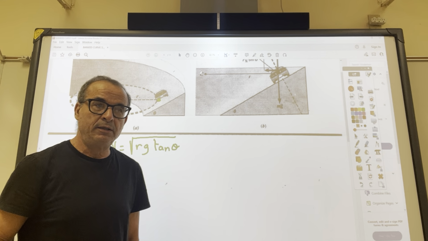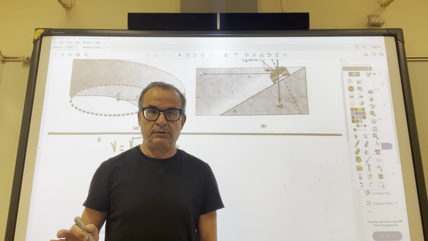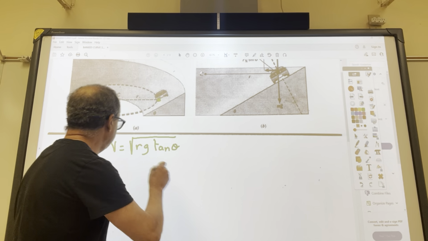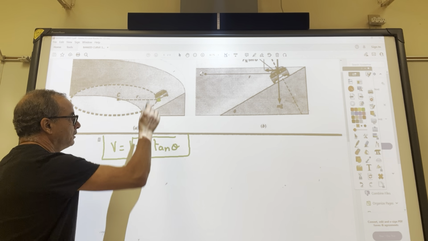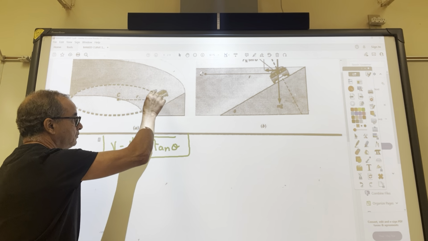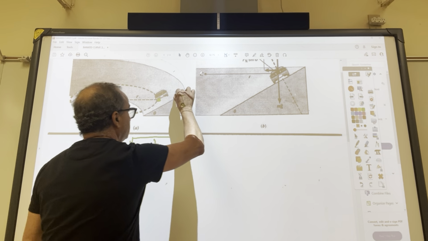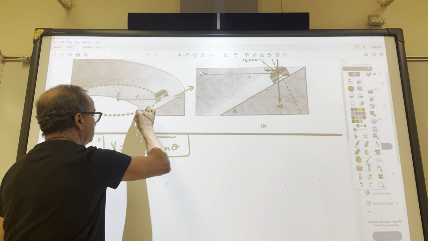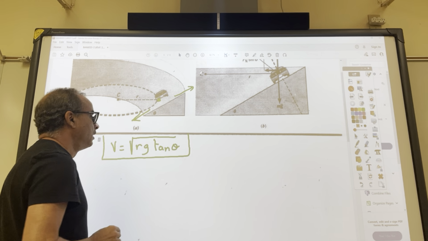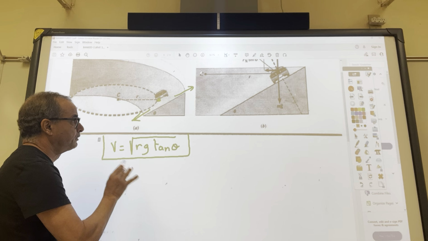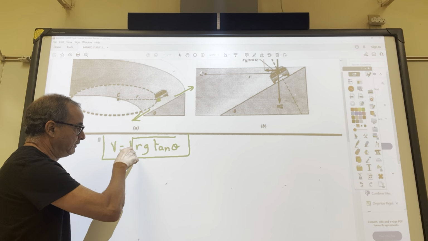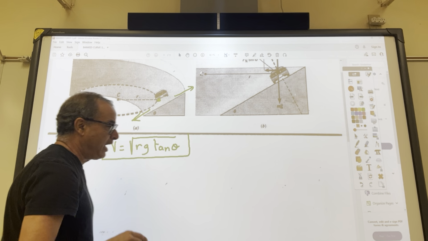That's when there is no friction. This is the velocity that the car needs to stay on the road, not slide up or down the road. So that is when we don't have any friction. It has to be exactly this velocity. Now what happens